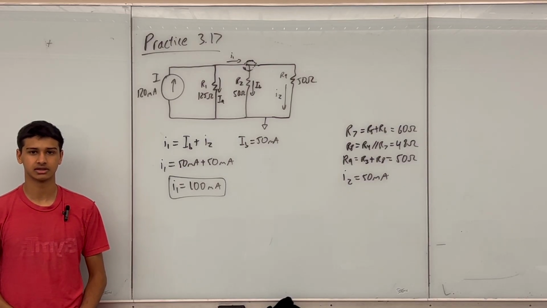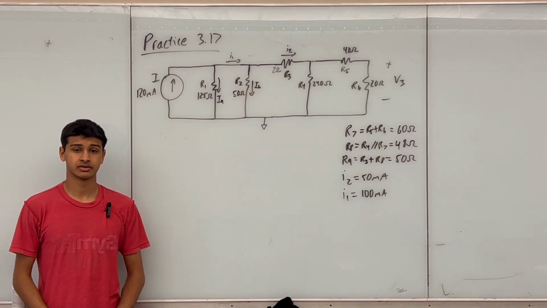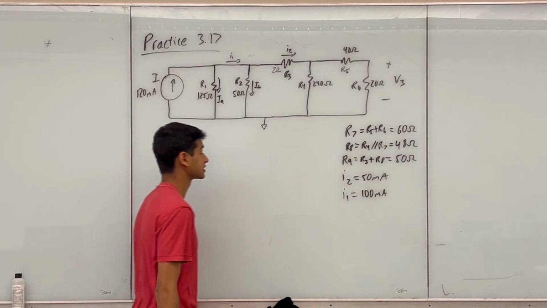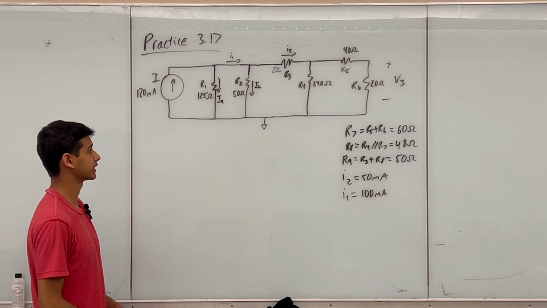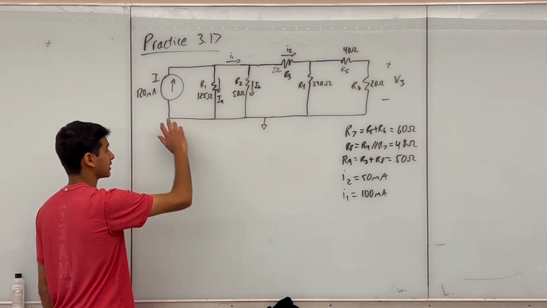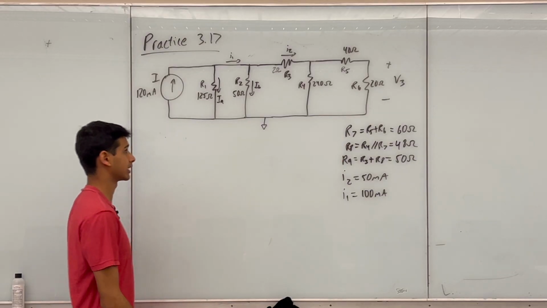of V3, which I initially erased at the start of the example. So the next thing I'm going to be doing is solving for V3. Now V3 is the voltage across R6. So what I can do here is I can try to see if there's any way I can use current division to solve for V3. And it's looking like this current supply is not in parallel with R6 ultimately, so I can't really use current